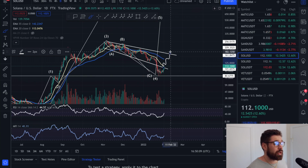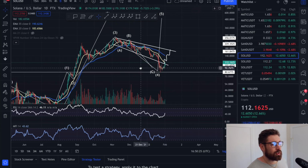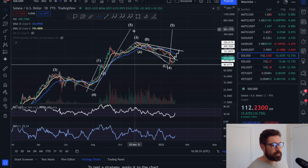If we were able to break out of it, guys, your technical target is all the way up at the top of the wedge, coming in at 263. We still have a lot of work to do here for Solana, but in my opinion, it's a good sign that we didn't break this swing high, because if we did, it would invalidate our Elliott waves within our larger